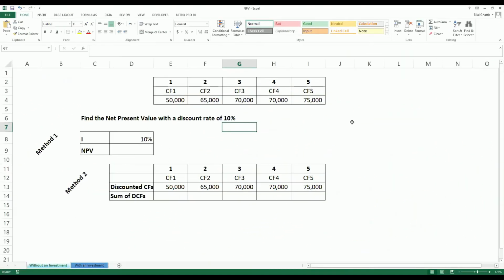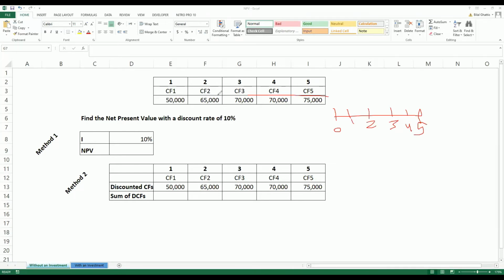In the first example, we have a series of future cash flows from year 1 up until year 5, where we expect to get $50,000 in year 1, $65,000 in year 2, $70,000 in year 3, same goes for year 4, and $75,000 for year 5. And we are asked to find the net present value with a discount rate of 10%. So what we have is the following. We have a timeline of 0, 1, 2, 3, 4,